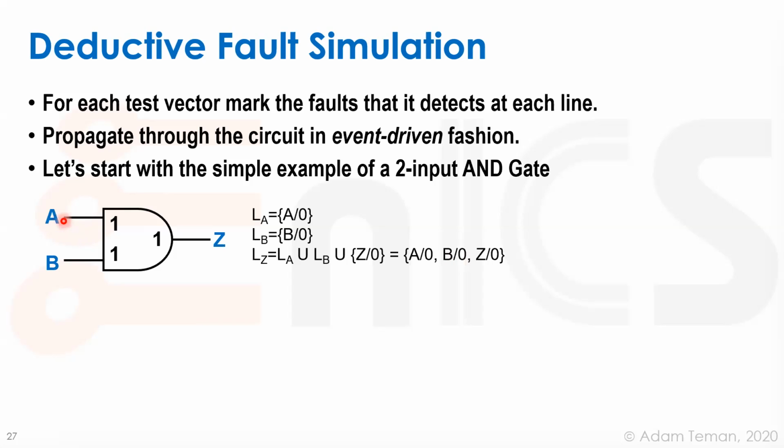Okay, so we have an AND gate, and we have this vector. So there's 1, 1 at the input, and obviously the output should be a 1. So this vector is going to show us if we have a stuck at 0 at the A input. Those are the possible faults that we can detect at A with this vector. If we look at A and we see that there's a 0 there, we know that A is stuck at 0. If we look at B and see that the 0 is there, we know that B is stuck at 0. And if we look at Z, what we see is that it's actually the list of faults that we can detect at A,